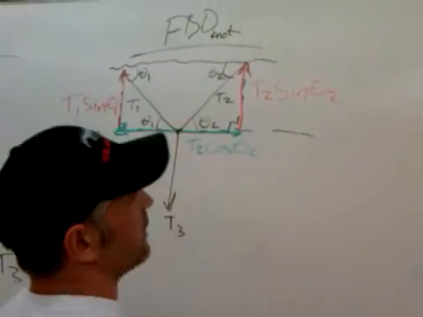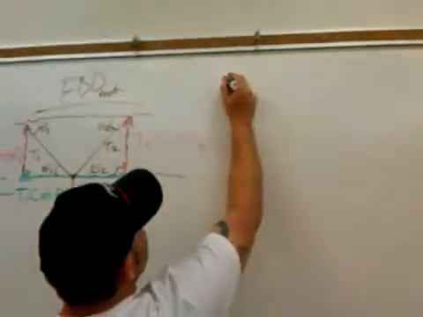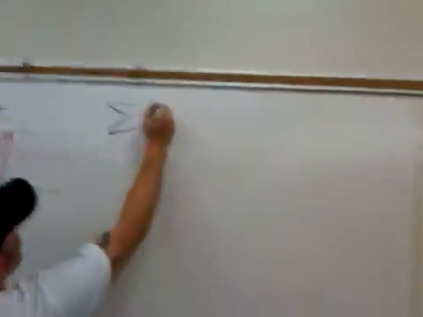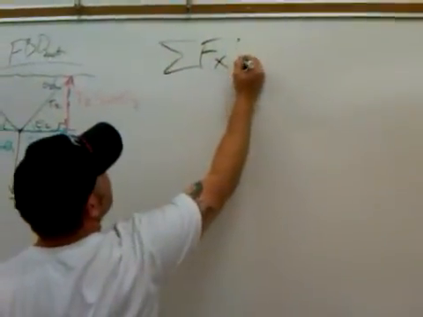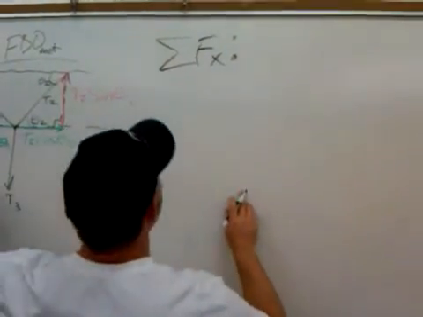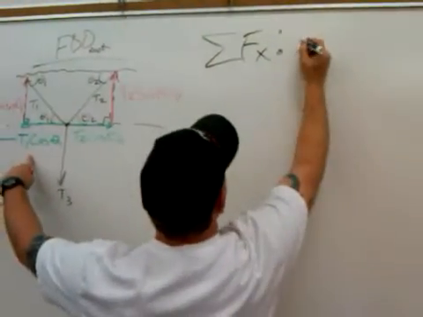Now that I've got all my parts here, I can start to analyze my equations. So what I'm going to do is come over here and start with my sum of forces in the x direction. And we're just going to look at what we've got going on in the x direction. I've got a negative